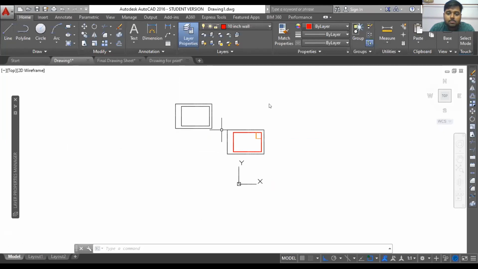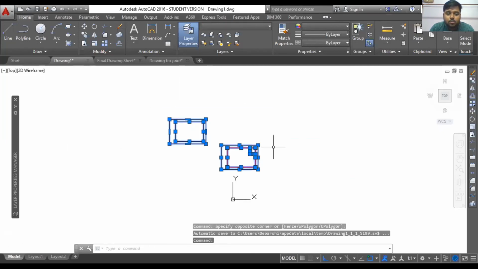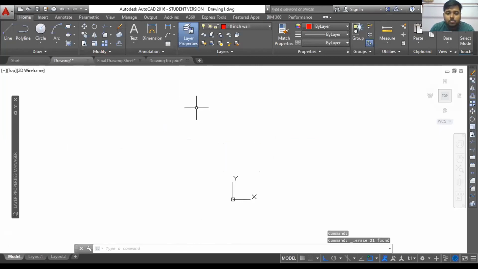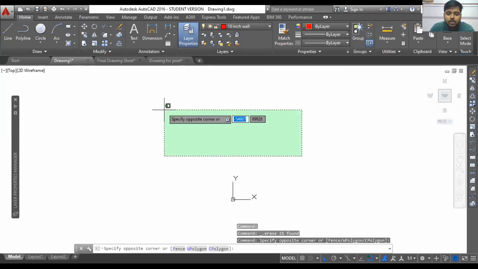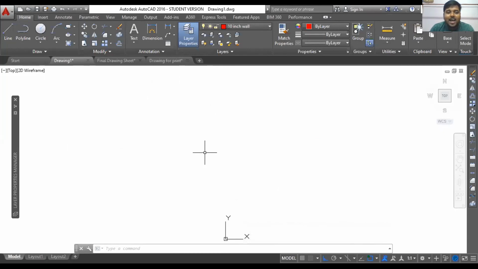I hope not, because I haven't explained much today. I just told you the use of these two types of selection options, blue selection and green selection. Keep that in mind, because you will use it many times. Then three commands: line, offset and trim. These will be the commands you'll be using thousands of times in your drawing.